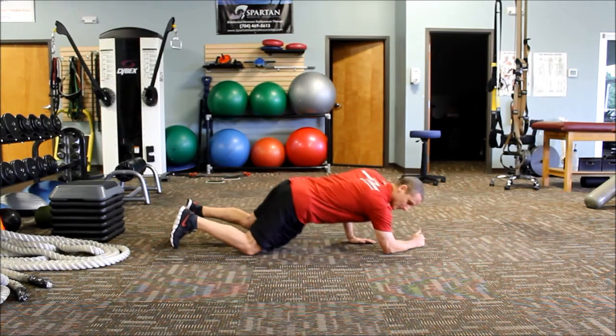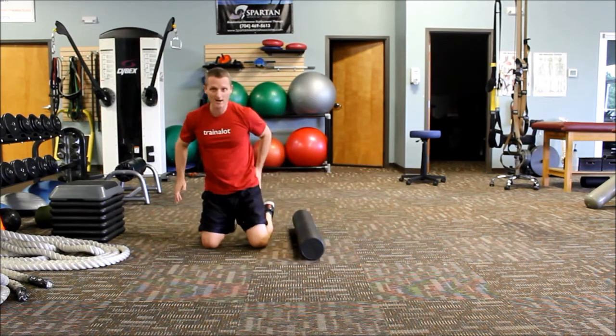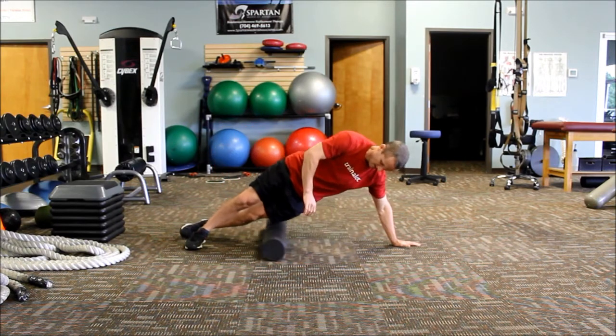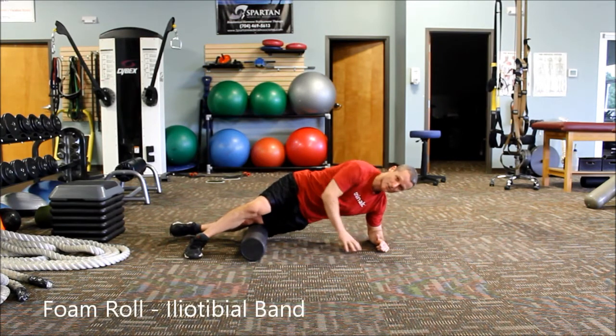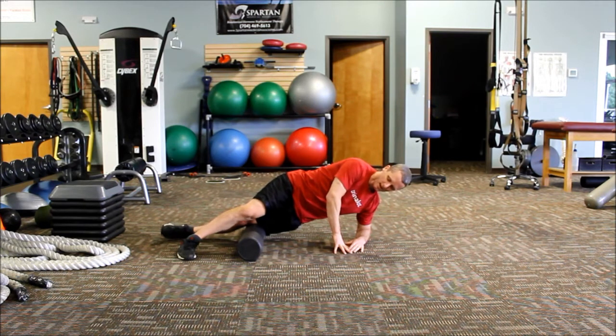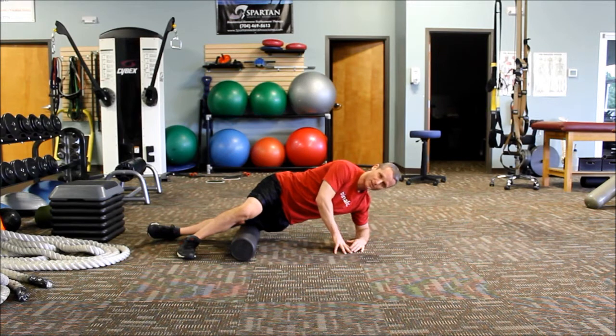Once you hit all those areas, you are then going to move on to the iliotibial band, which is right on the outside of the quad. Okay. So I've got the foam roller now just above the knee, but on the outside. I'm on my forearm. It can be a little uncomfortable. You're going to do the best you can, and I'm slowly going to work my way up toward the hip,